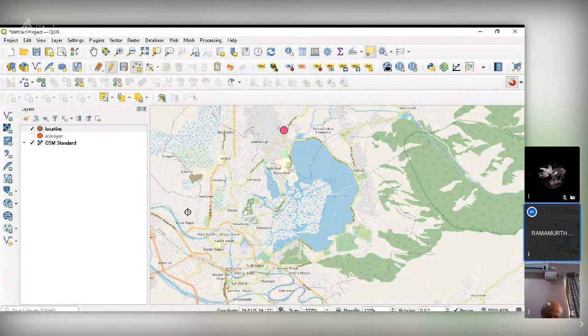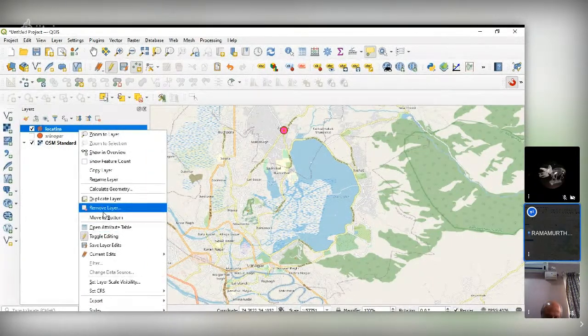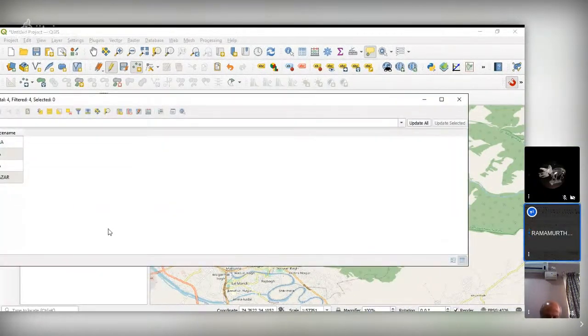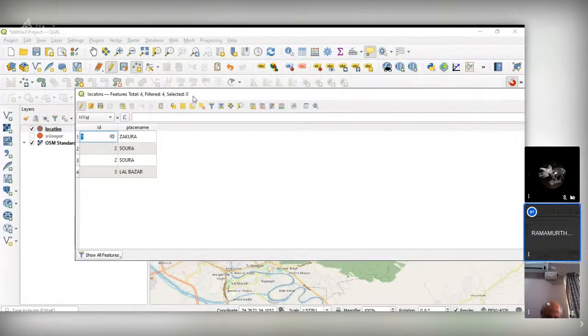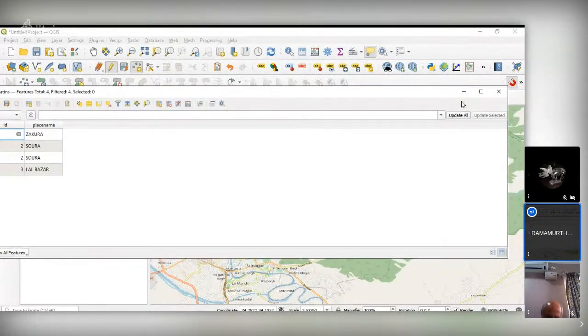And say okay. Now see the attribute information, whether you are getting attribute information or not. Saura I digitized twice. So Zakura, Saura, and Lal Bazar. 4 points are added, so I can delete one.